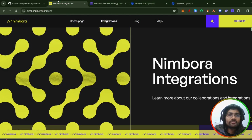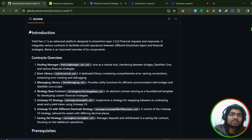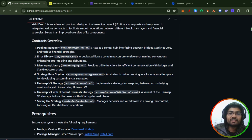After all this information, we now know what the advantages are of integrating Yearn Vault V3 yields with Nimbora DeFi pooling. The L1 strategy of Nimbora includes contracts like the pooling manager, error library, and message library. There's a strategy base contract, which is an abstract contract, and all the strategies need to be built using the strategy base